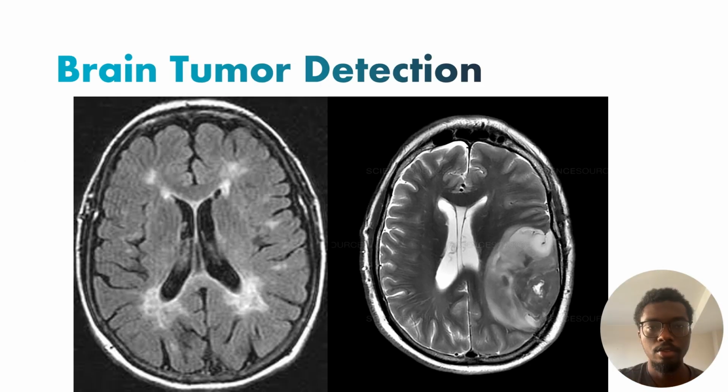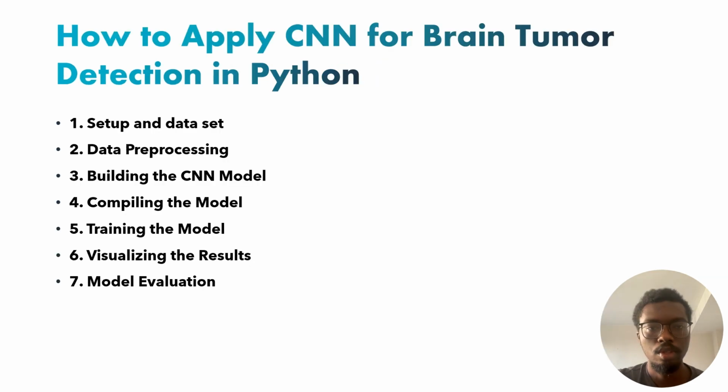Hi everyone. Today I'm going to walk you through the process of applying convolutional neural networks to a brain tumor detection project using Python. I will also explain how we visualize the model's performance through graphs showing accuracy and loss over training epoch. We will dive into the process by covering 7 essential steps. These are setup and dataset, data preprocessing, building the CNN model, compiling the model, training the model, visualizing the results,